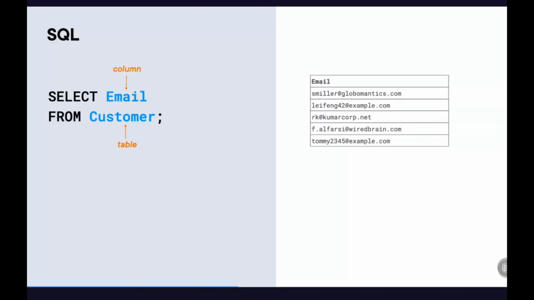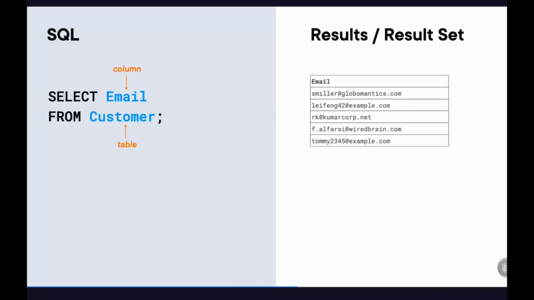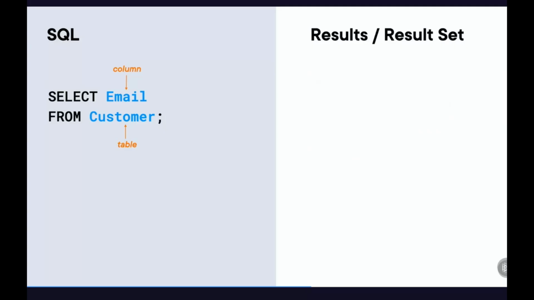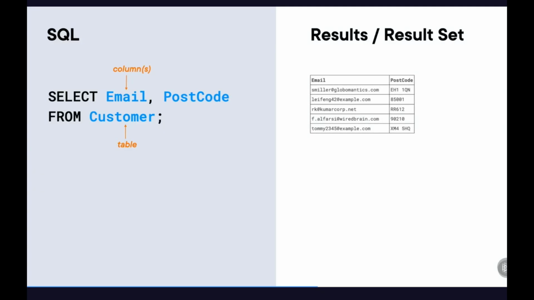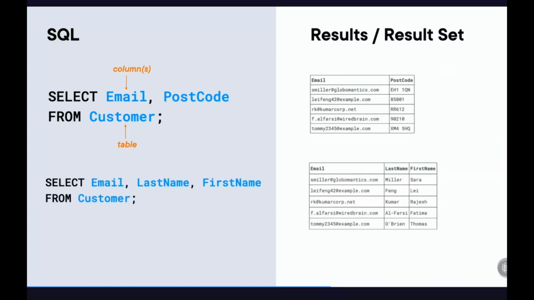Now, we might call this the results that we get. You'll also hear the term result set because it can be a set of data, a bunch of different results all gathered into one. But we're not restricting these results in any way yet. We're also not organizing or sorting them, so they aren't in any particular order. We'll get to that. If I wanted to retrieve more than one column, I can just write those column names separated with a comma, like select email, comma, postcode from customer, or select email, comma, last name, comma, first name